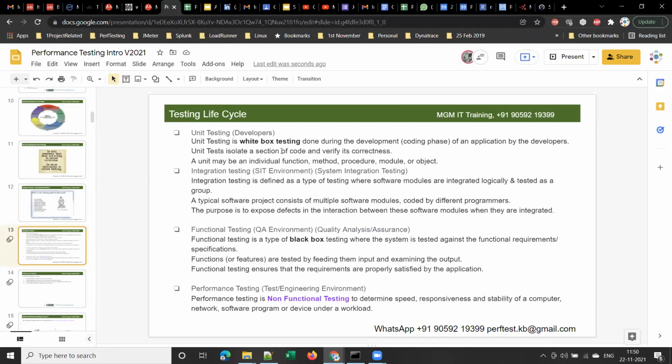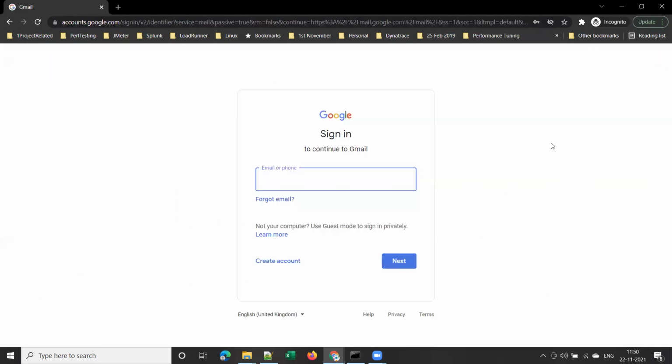Now, a team of developers, if you observe, I mentioned a team of developers, right? It can't be developed by a single developer. Maybe there will be 10 to 15 members, and as it is the Gmail application, there may be more than that also. So each developer will be splitting the work, and the whole work will be divided between different team members. One team will be working on developing the UI, user interface.